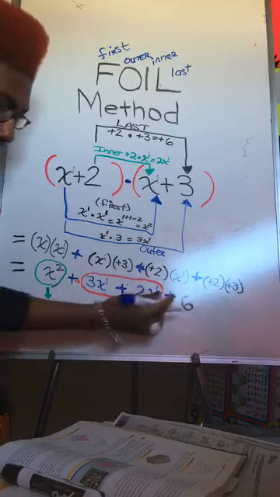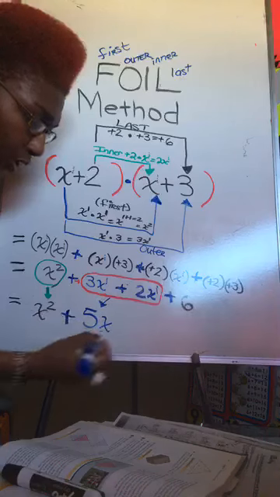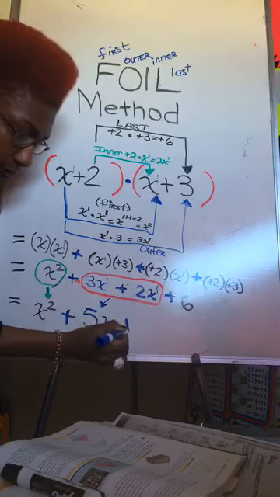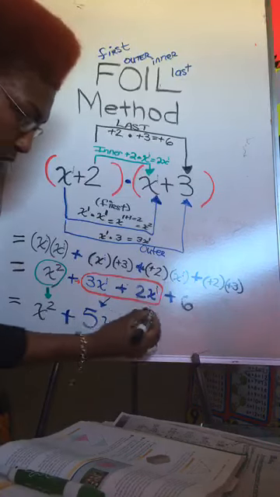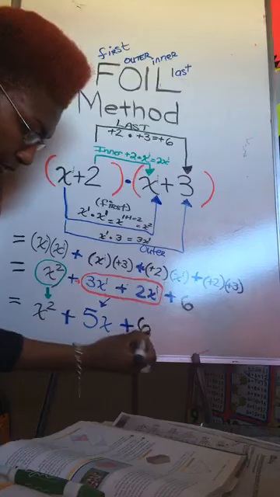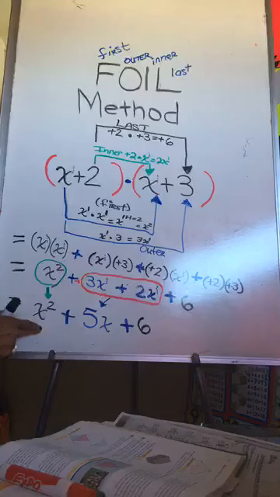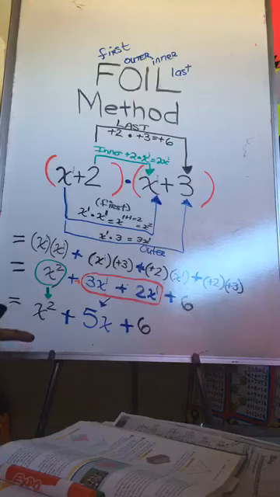All right? So what else? Do we have anything left that has a constant? We only have one term left. So we just bring that down because that's all that we have left. So we just want to bring down what's left. Okay? So this right here is your final result. Okay? So what we did is we